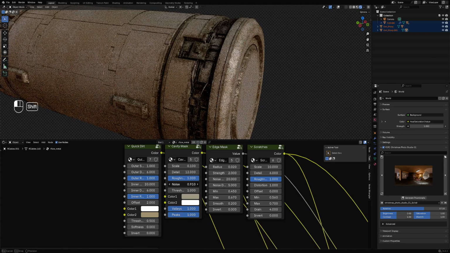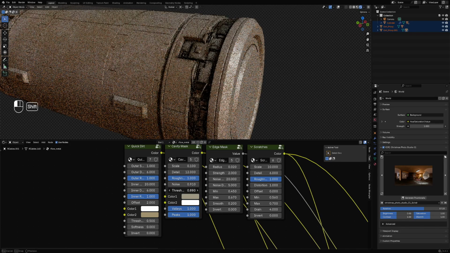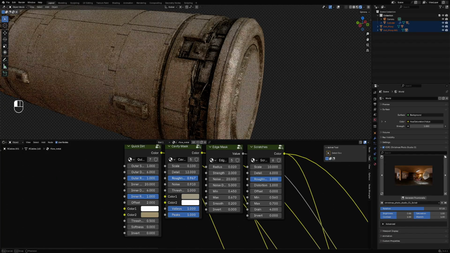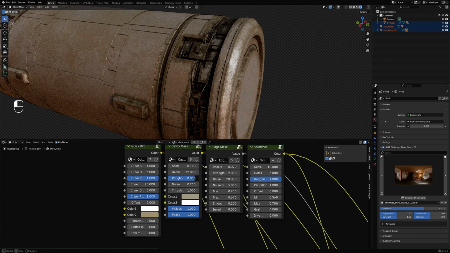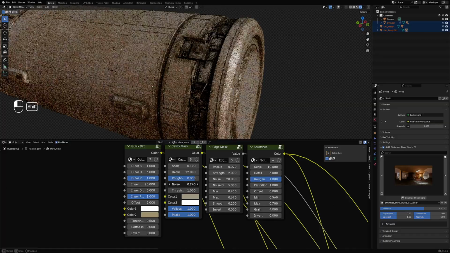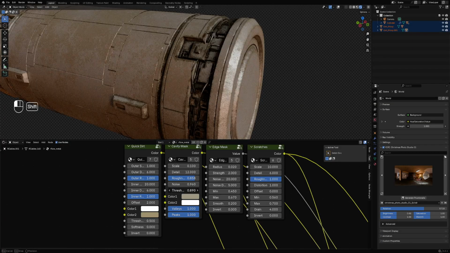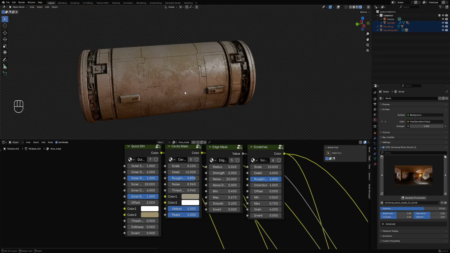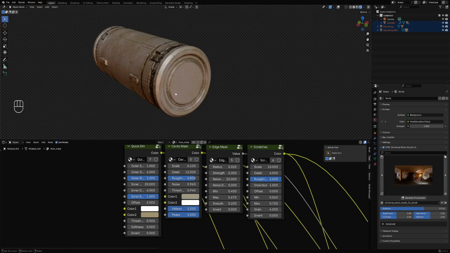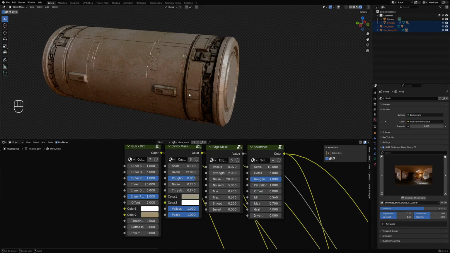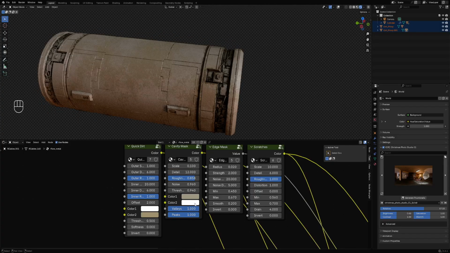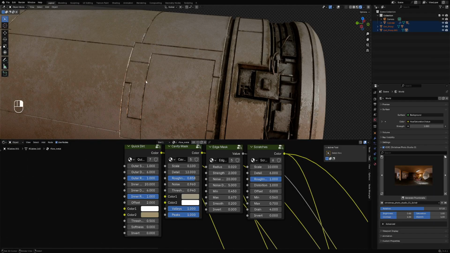Noise. We have the roughness. Yes, more noise. And then also the threshold. There we go. Yes. And here